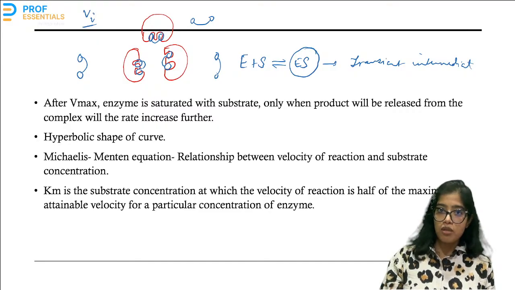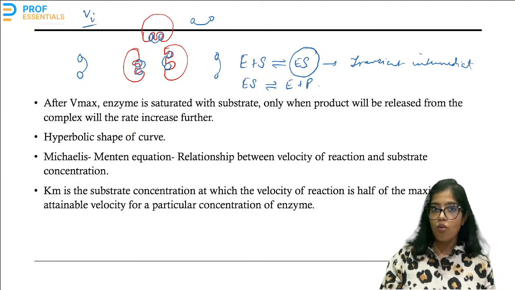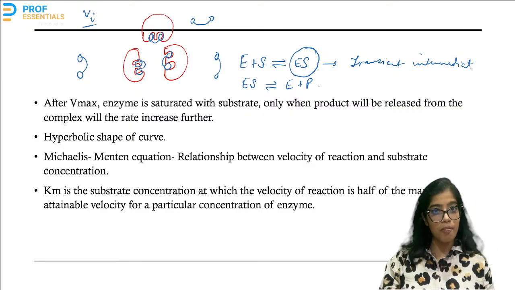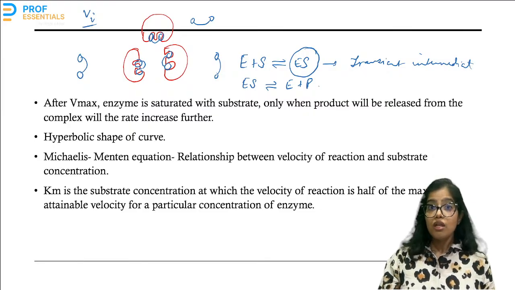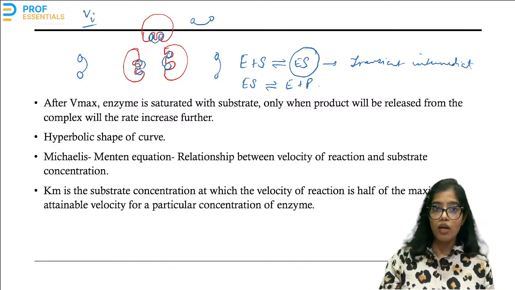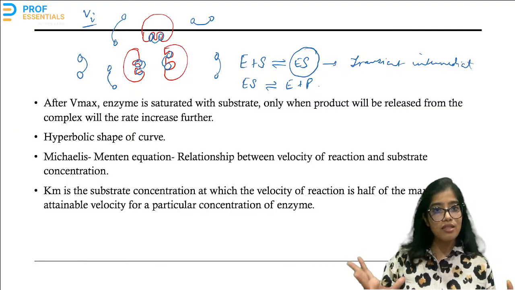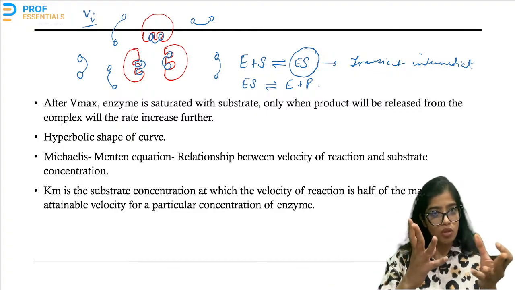Now this enzyme substrate complex is going to produce the enzyme and product. After the product is formed, the product is going to detach itself or release itself from the active site of the enzyme. Only then will the active site be free again, and the rest of the substrates can attach to the enzyme active site. So once you introduce one or two more substrates into the system, they have nowhere to attach to. There are no more enzyme molecules for the substrate to attach to.